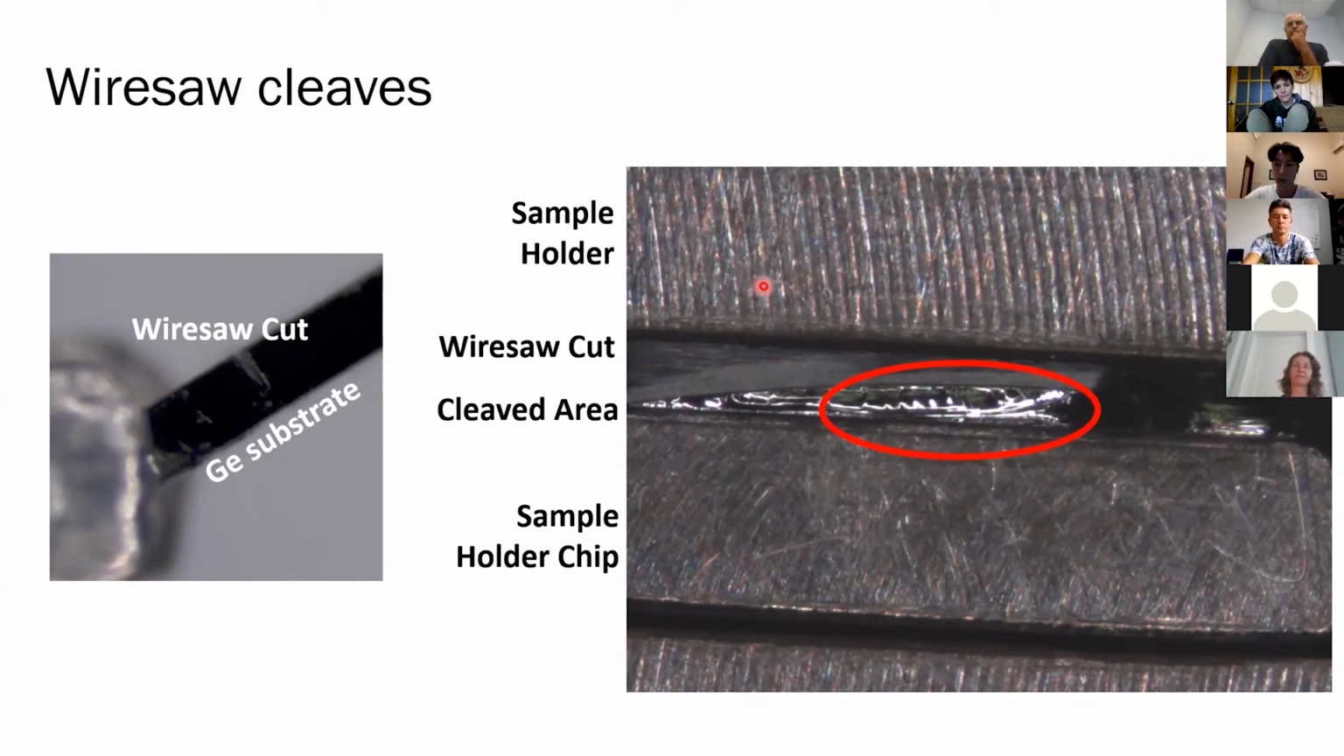Here we've got an example of a cleaved crystal under an optical microscope. We have the sample holder chip that we screw in here, and then we can see the wire saw cut is along here. The cleaved area, the really shiny bit, is along this part. This part didn't really cleave so well, but we can see at least optically that